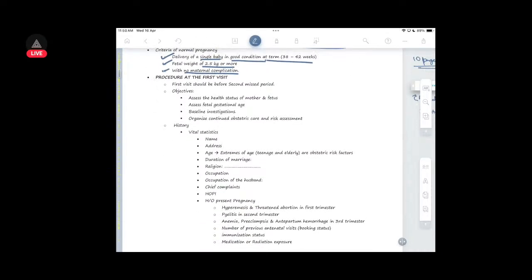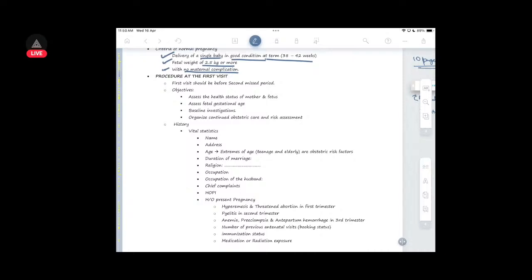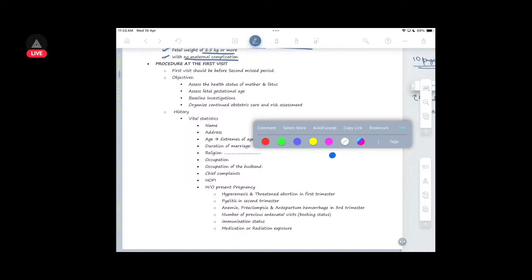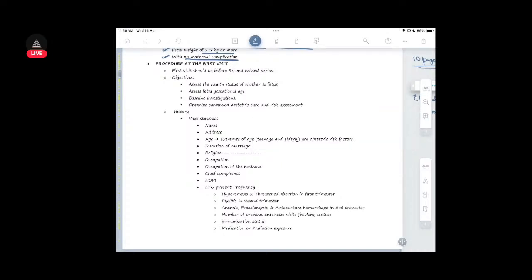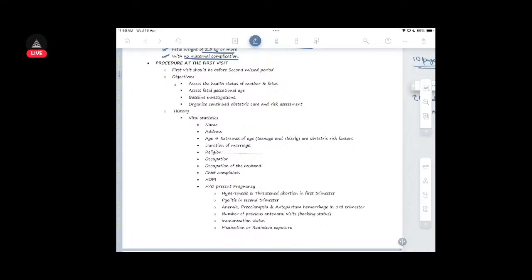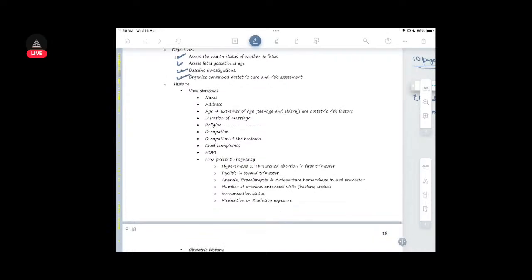Those are the criteria. So the first visit should be before the second missed period. Before the second period happens, they have to come for the first visit. Assess the health status, assess the fetal gestational age, do baseline investigations, organize continued obstetric care and